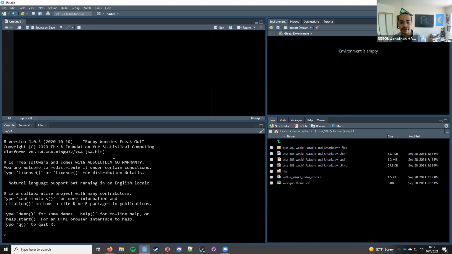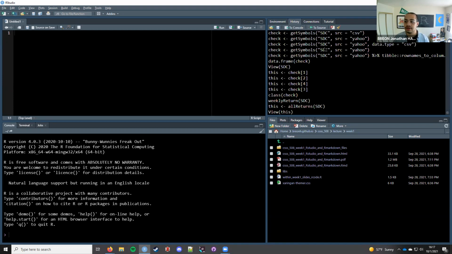In the bottom left, we have the console. This is for running code that is not going to get saved. You'll note that on my home computer, my R version's a little bit old. That's okay. In the top right, we have the list of objects in the environment. Right now, our environment is empty, as well as our history tab.